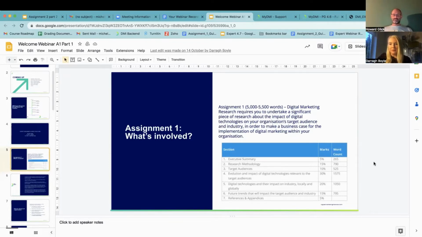The executive summary is an overview of what your assignment plans to do, but you're going to do it last, because writing it last is easier. You can then really detail in a summary of a couple of lines: here's what my assignment set out to do, here's what I did, here's what I found, here's how I did it.